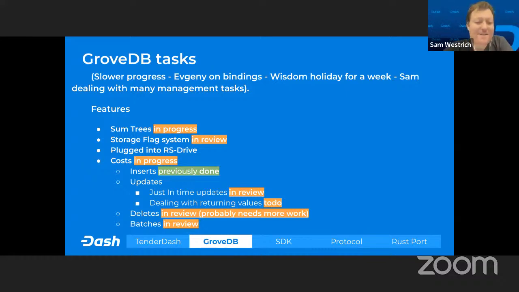Yeah, thanks a lot, Wisdom. I just wanted to add really quickly what it means for the sum trees. The sum trees are a cool feature because they'll allow us to verify that the total amount of value inside of platform is equal to the amount of locked dash inside of platform. So it removes any type of issue with inflationary bugs that you see in a lot of other projects.